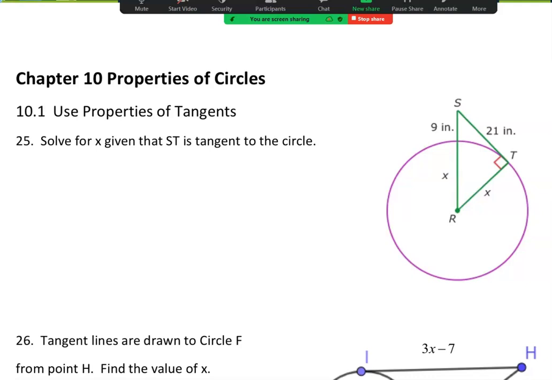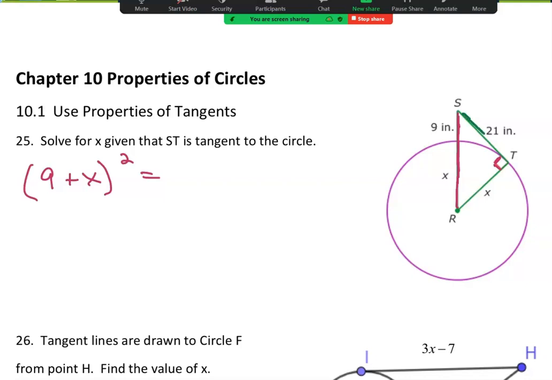So look what happens. If ST is tangent to the circle, I have a right triangle. I have the right angle right over here. So here is your hypotenuse. What is the length of that? Very carefully, that is 9 plus x. That side squared equals